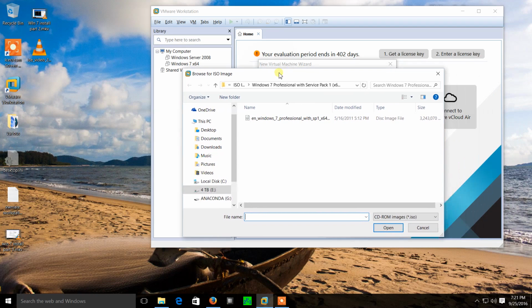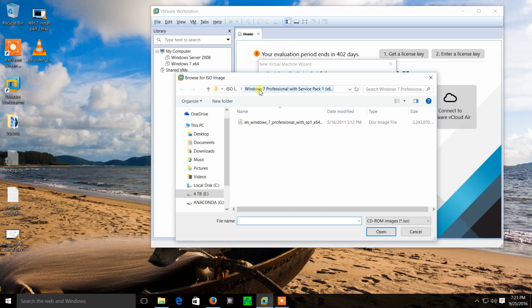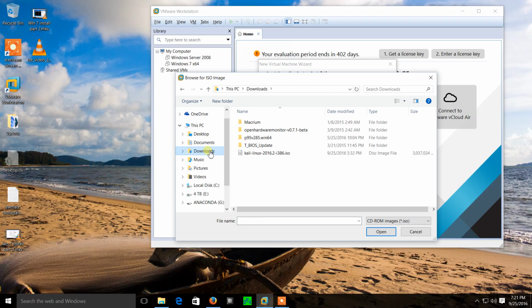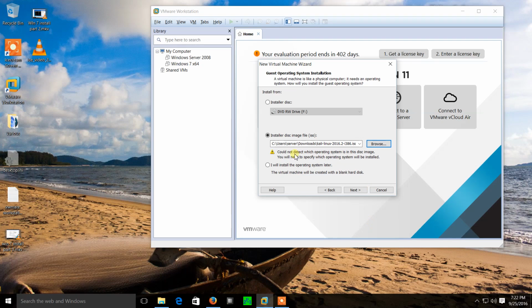Now, normally, I keep all of my ISOs in one location, which is in the ISO folders on my external drive. In this case, I actually have two copies, so I'm going to use the ISO in my Downloads folder, and I'm going to use Kali Linux. And the reason that I'm doing this from my C drive is because it's an SSD or a solid-state drive, and it's going to be much faster. So I'm going to click Open, and it was unable to detect which operating system that I'm installing. So I'm going to click Next,